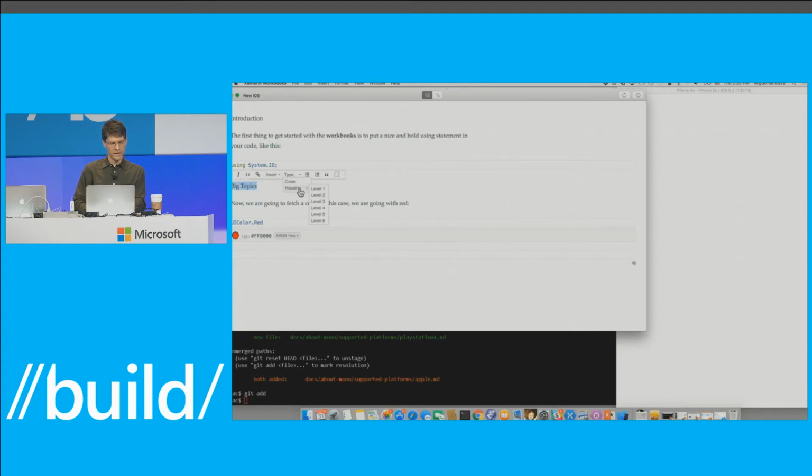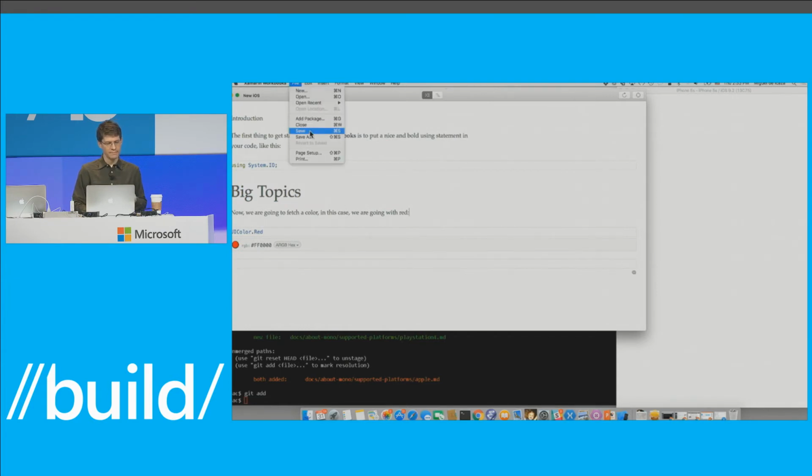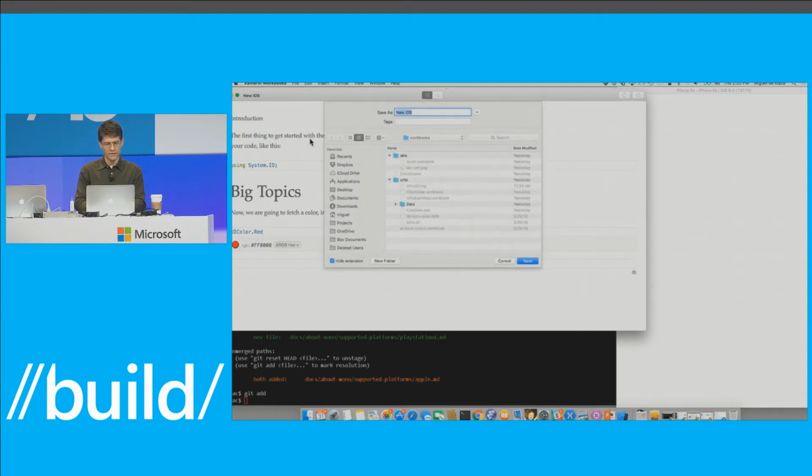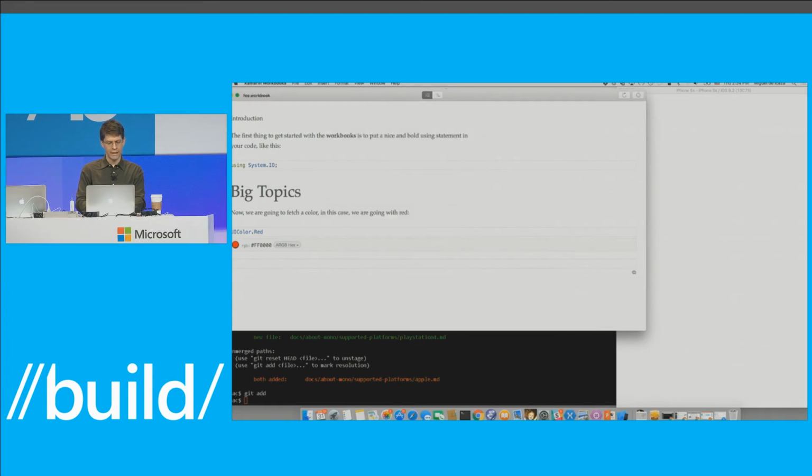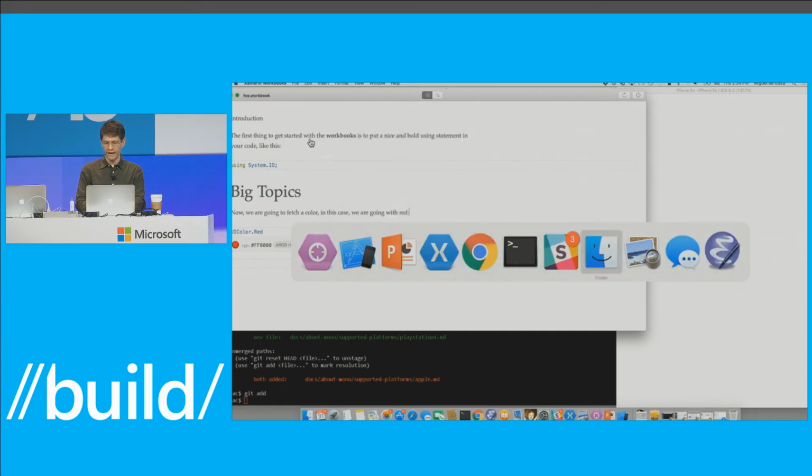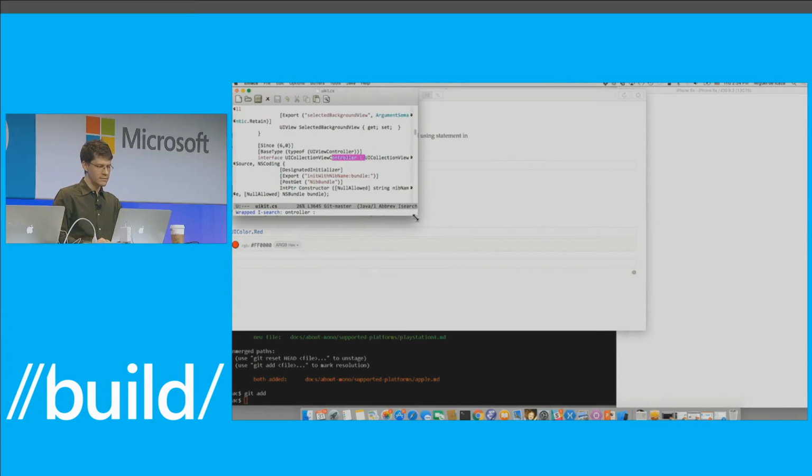So I should probably make this a level 1 heading. So I'm going to save this thing. I'm going to put it in TMP. I'm going to call it foo.workbook. And now I'm going to show you that file in Emacs.